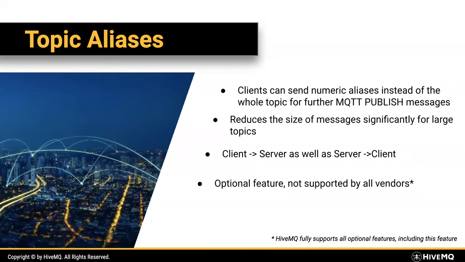And basically, if you're using a proper MQTT client library, this will be under the hood. And of course, if you want to program this, most client libraries also support this. So basically, you can do this from client to server, but also from server to client. So if the server is smart enough and sees that the same client consumes the same topics all the time, then it can also use the topic aliases. So the client can also profit from lower bandwidth.